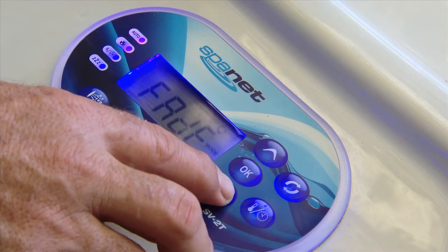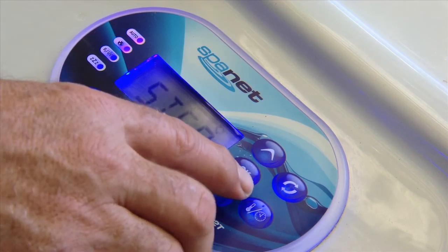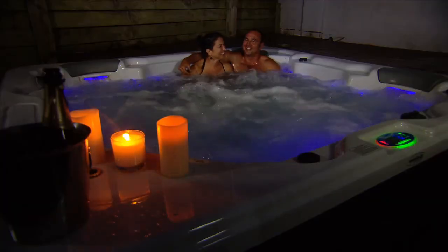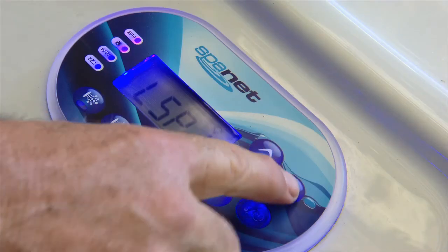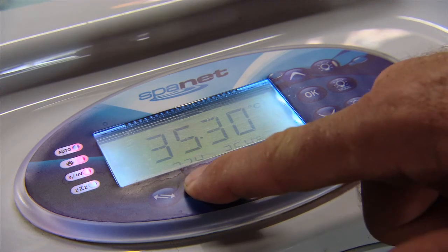The colour and effects of your lighting can be adjusted by the up and down buttons, pushing the OK button to confirm your selections. And if you want an extra filtration and sanitation boost after you leave the spa, press the Sanitize button. The SV3 control panel is almost the same as the SV2, but there's another button to control